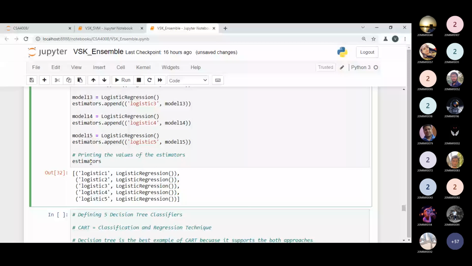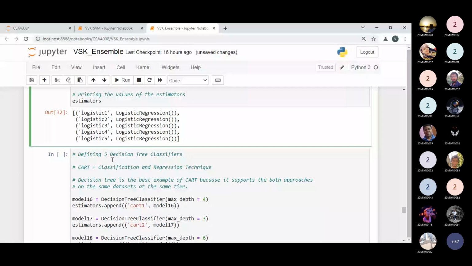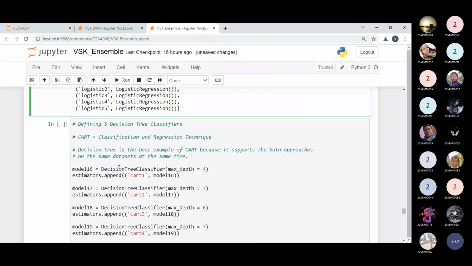Now defining 5 different tree classifiers. CART is a classification and regression technique, as we know. So decision tree is the best example of CART, as we have seen, because it supports both approaches. I'm giving the names CART1, CART2, CART3. If you want to write DT1, DT2, DT3, you can write.